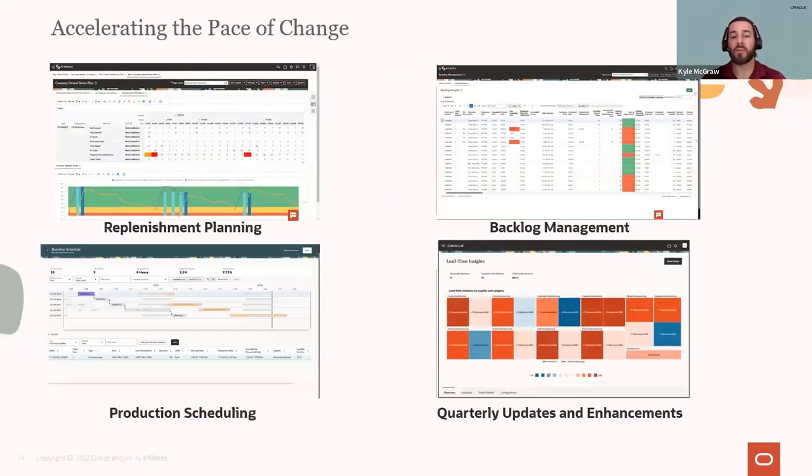The last thing I have to show before I pass it off to Naveen is I want to bring it back to how we started this, the concept of the pace of change, right? Not only are we giving you the tools to keep up with the pace of change, but we are accelerating the pace of change. In the past few years, we have made major advancements to our planning tools, including adding